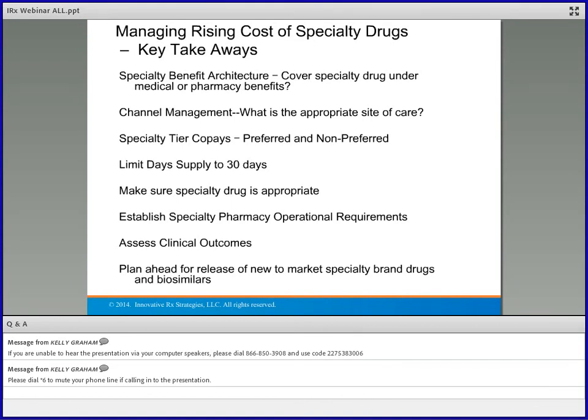And then there was one that says, I'm a grandfathered plan. Is there anything I can do to control our specialty drug costs? Yeah, but that's a loaded question in some respects. We get a lot of questions from grandfathered plans about what to do, and a lot of it depends on what you're looking at doing from a plan design standpoint. Clearly, if you're a grandfathered plan, you might look at doing a high deductible health plan. There are certain things you could do.